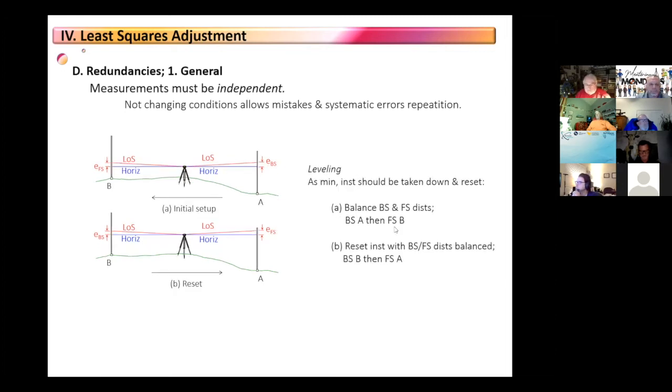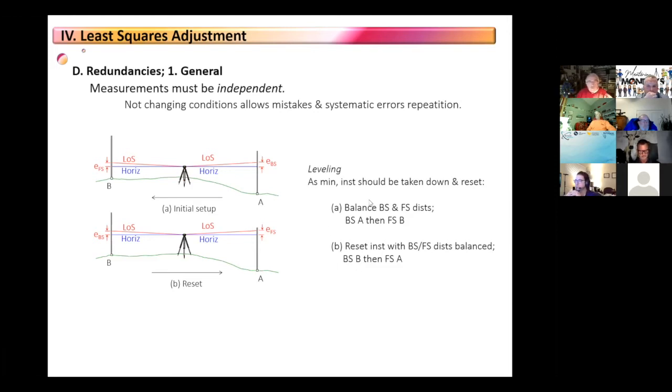What we need to do is, when we set up, we read our backsight and foresight and use good field procedures to allow those errors to compensate. And then in between this and the run back, we disturb the instrument setup. We take it down, we re-level it, we set it back up again, make sure it's balanced, and then read our backsights and foresights again. So we don't repeat any measurements. We don't repeat the same errors in one run and then back on the other run. So these are what independent measurements are. We disturb something about the measurement condition, and it could be just re-leveling the instrument, but we do it so that we can make sure that we're not repeating the same systematic errors and the same mistakes